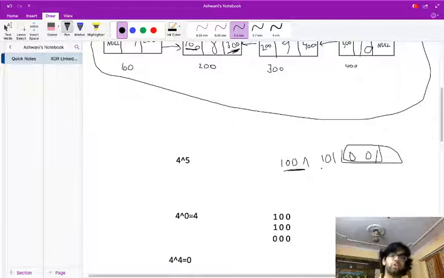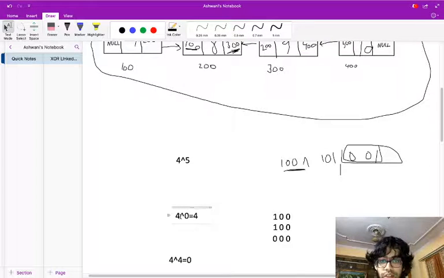Okay, so now we have understood XOR. Let's look at its property. Let's say I want to XOR two numbers, 4 XOR 0, what will I get?